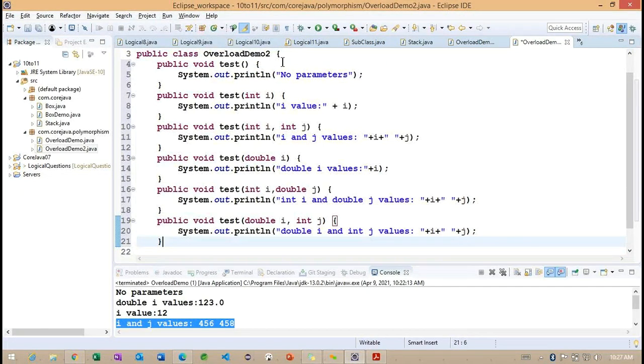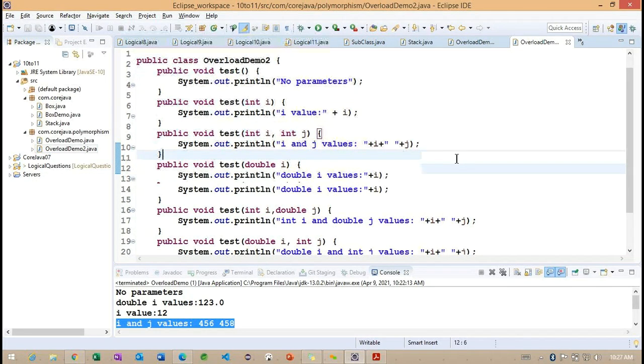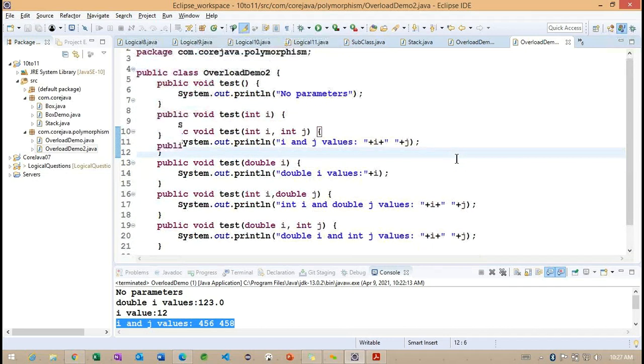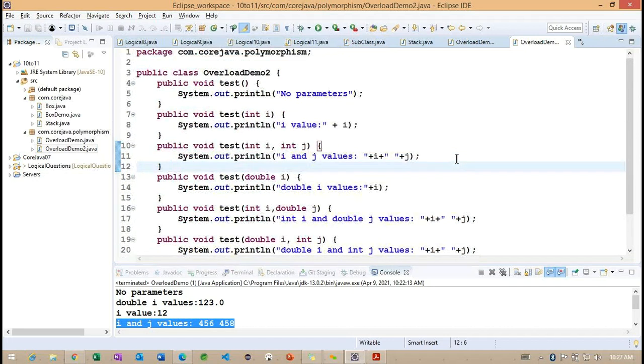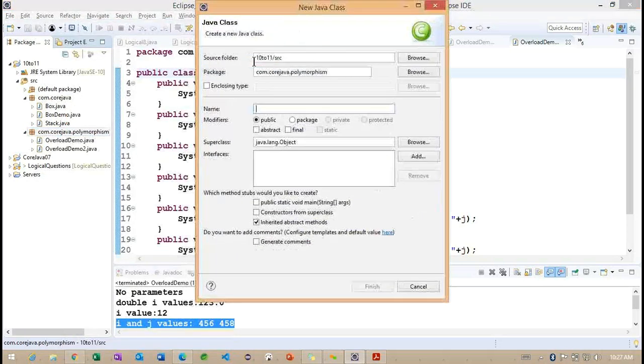Now tell me, what is your query? In the two classes we have the same methods. But we need to create the object of that class, right? Okay, which object do I need to create here? For class overload demo 2. Okay, let me create one more class for the main method.